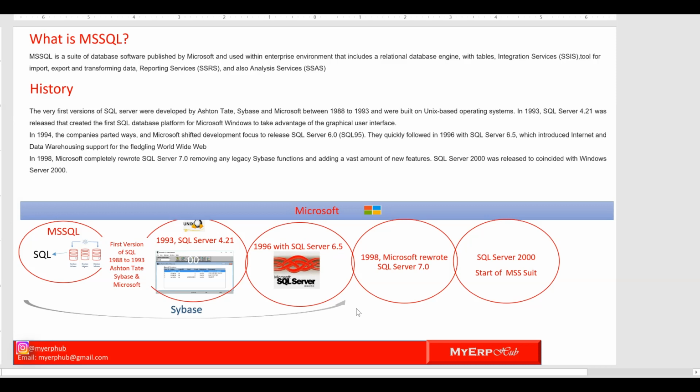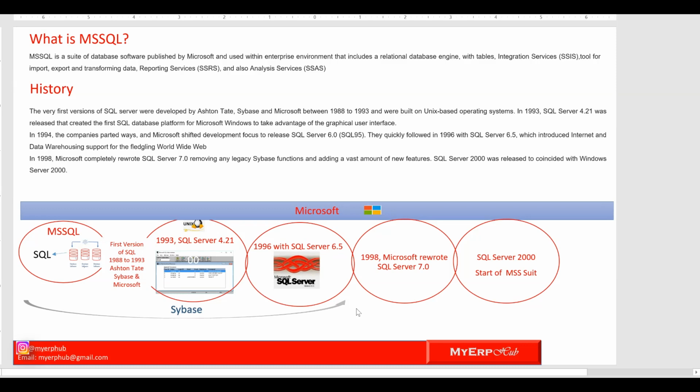This technology was widely used in SQL Server, but the license did not allow Microsoft to change the source code without explicit consent from Sybase. And then in 1994, the companies parted ways,